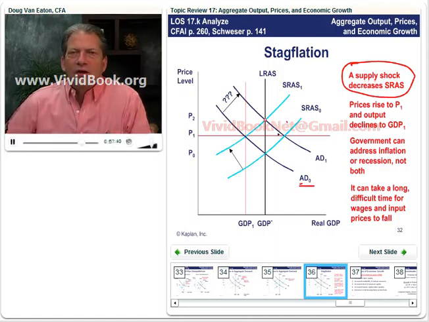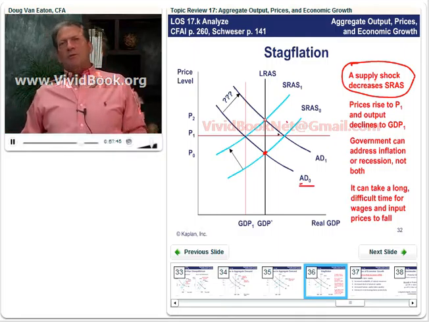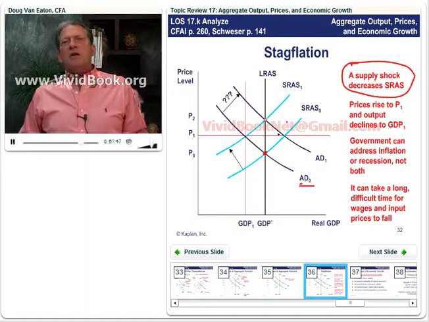We start here, and a supply shock, an increase in the rate of growth of the money supply. Well, we know about equilibrium in the money market. Increase in the growth rate of the money supply, at least in the short run, decreases real interest rates,